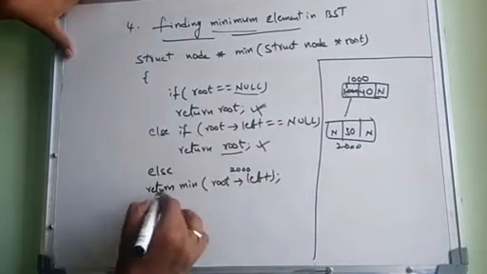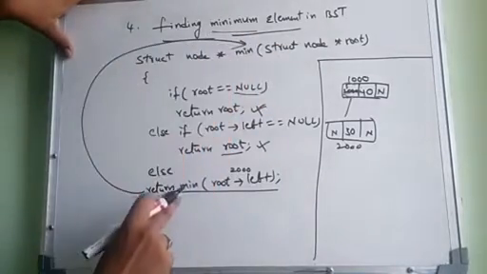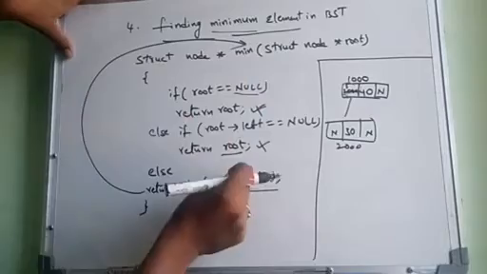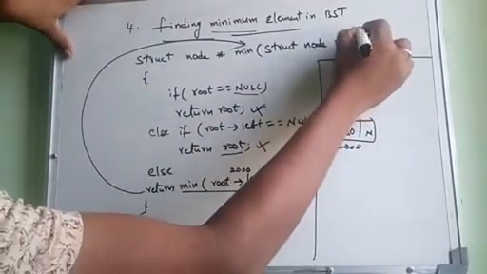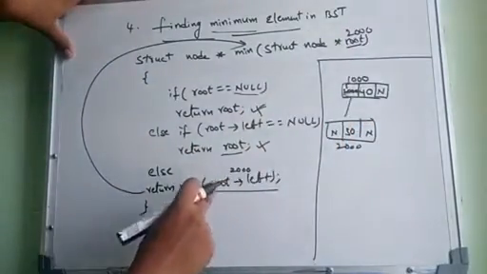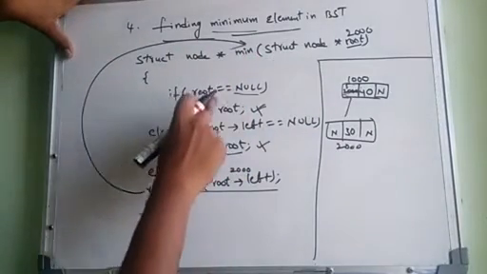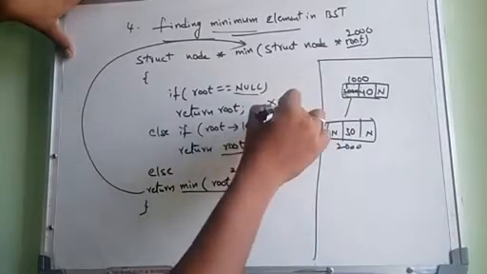So this executes the function again, calling the minimum function by name, and returns 2000 as the input again to this place. So now, based upon the input, the root address is 2000. Again, root equal to null or not? Root is not null, some data is there, the condition is false.